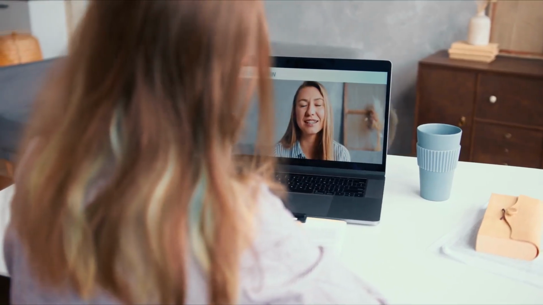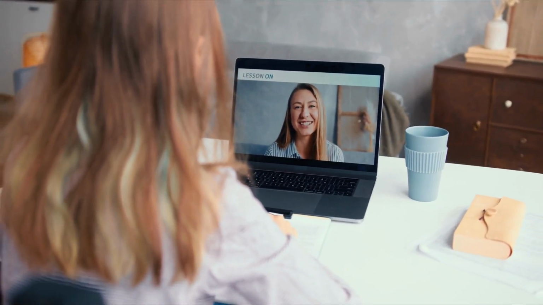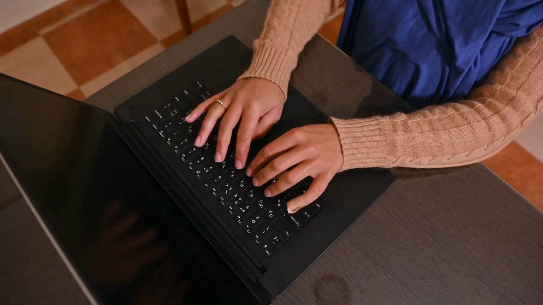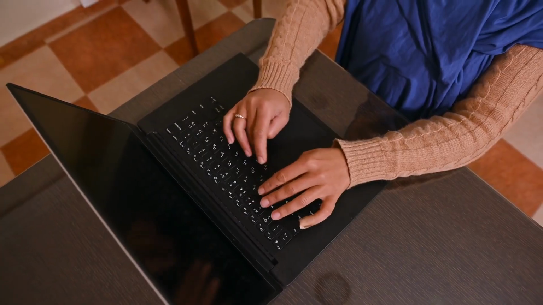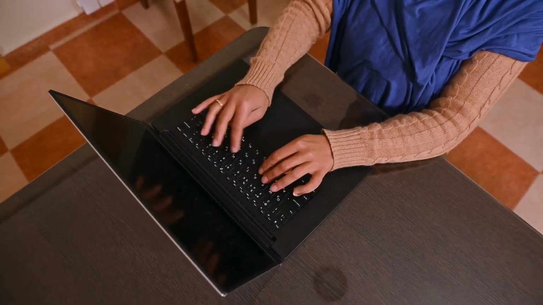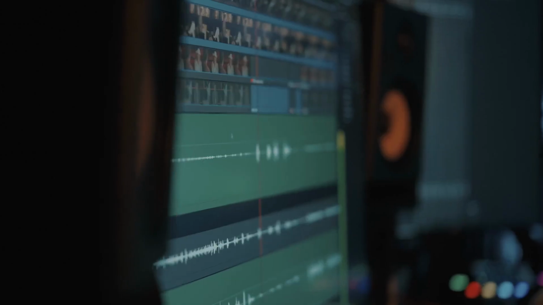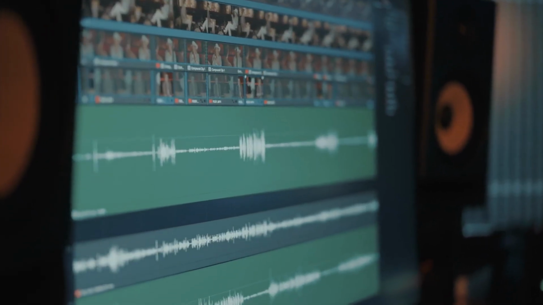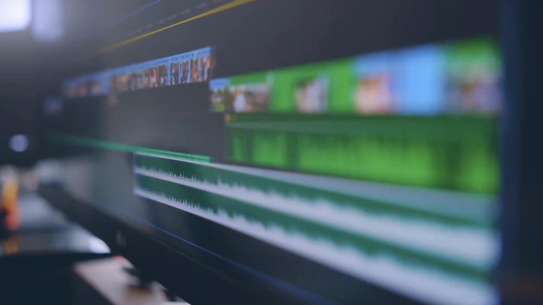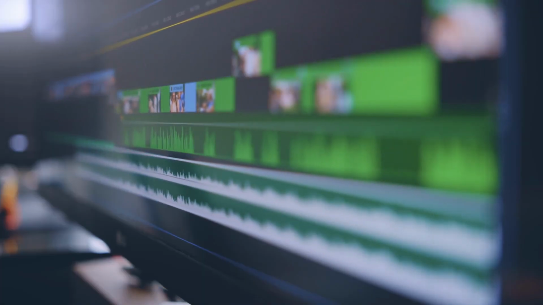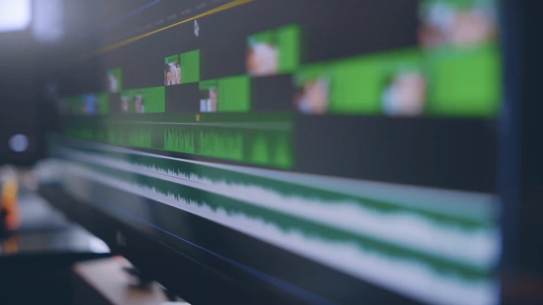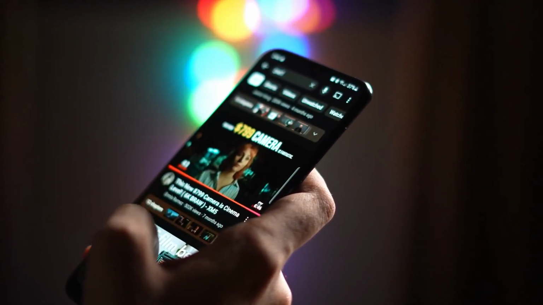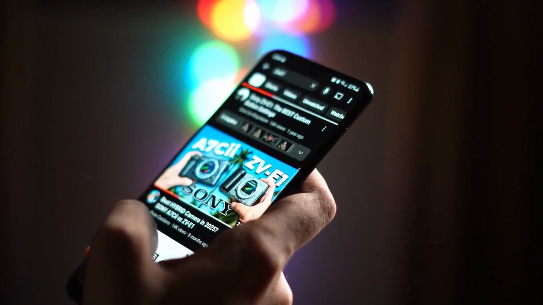Let me walk you through how I use Vizard alongside those generative tools, because they actually serve two very different purposes. First, you just drag in your long file, whether it's a YouTube video, a Twitch stream, or a Zoom recording, and Vizard instantly analyzes it. It looks for energy spikes, laughs, and silences, essentially doing the heavy lifting of finding your viral moments. Instead of guessing where the good bits are, the platform hands you a set of candidate clips ready to be turned into micro shorts. If I drop in a dramatic monologue, Vizard spots the emotional peaks and creates a 2-second hook, a 10-second highlight, and a longer context clip.